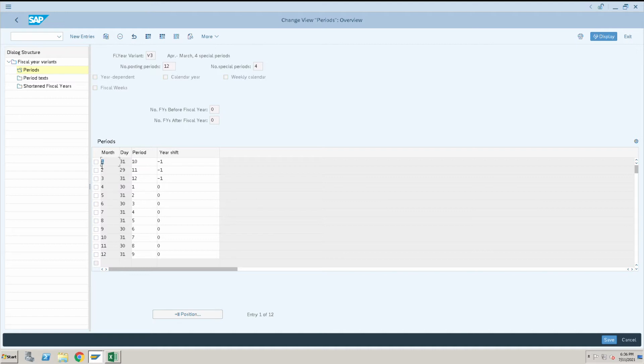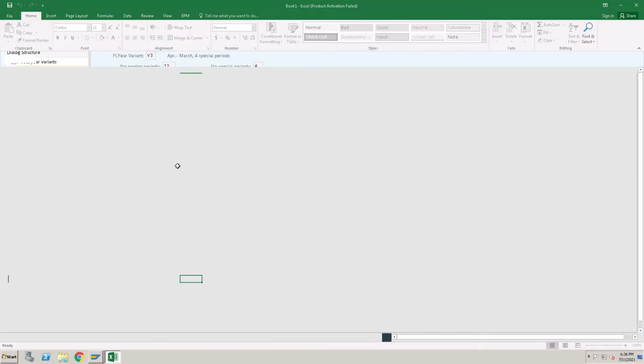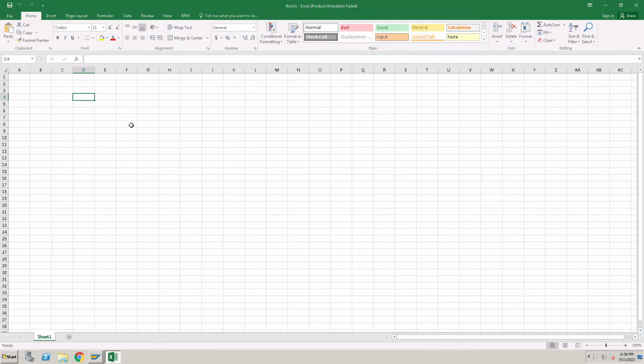If it is January, you consider that as the 10th period. So this information I will completely explain, how we can do it if your fiscal year is not equal to the calendar year. Let's say this is my first month: Jan, Feb, March, April, like that. You can enter 12 months, whatever the fiscal year you have, enter that here.